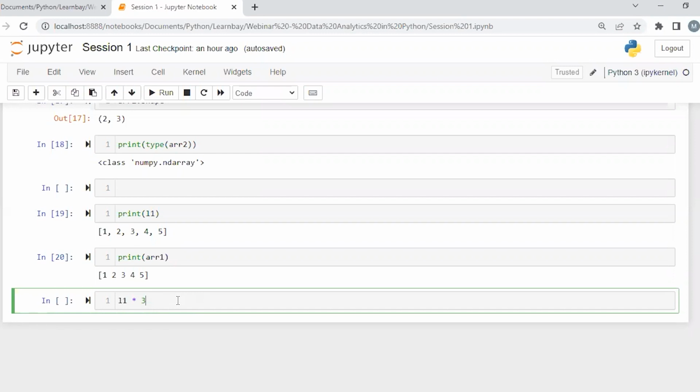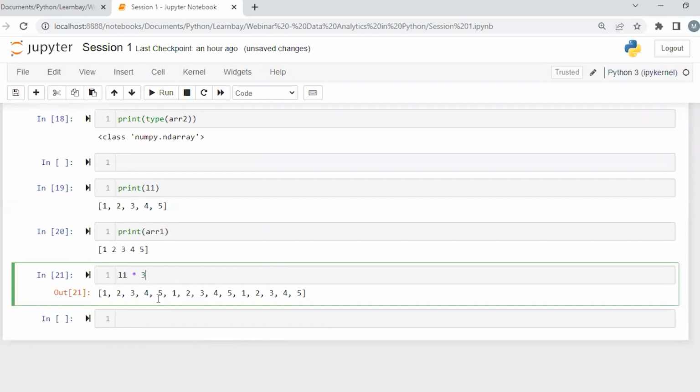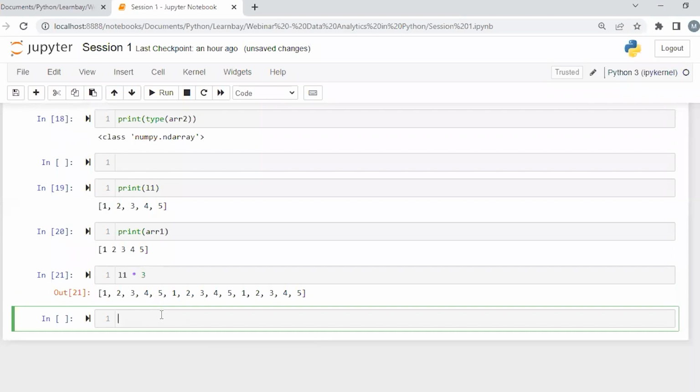It does a repetition operation, isn't it? In a list, it repeats whatever elements are there 3 times. It creates a new list, and in that it puts the repeated elements, as many times as we have given here. Now, if you perform the same operation on an array,